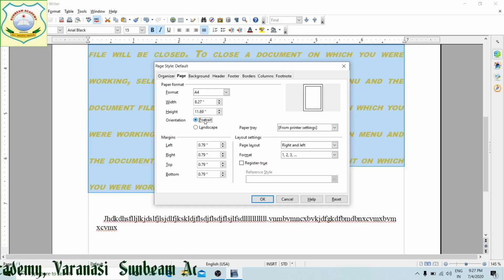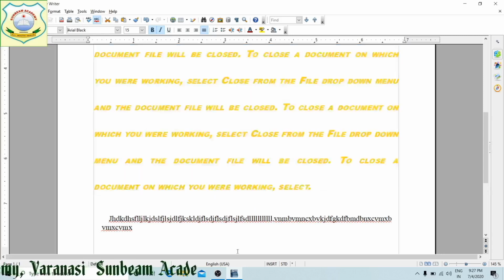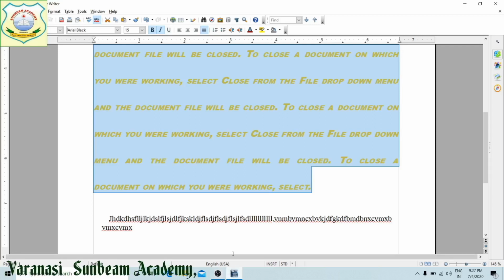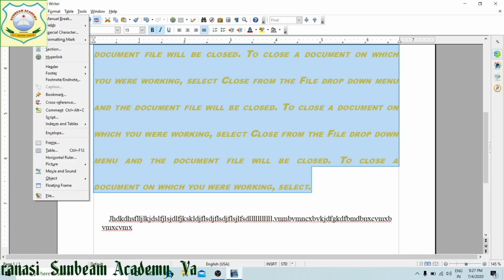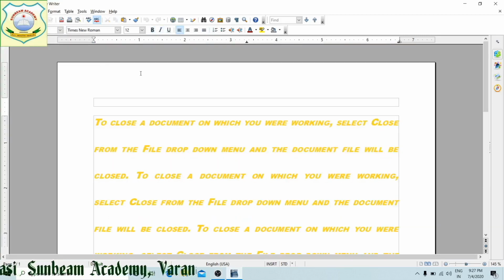Now after page orientation, we will see header and footer. What is header? What is footer? Now header, the text given on the top of the page. Suppose this is computer application.